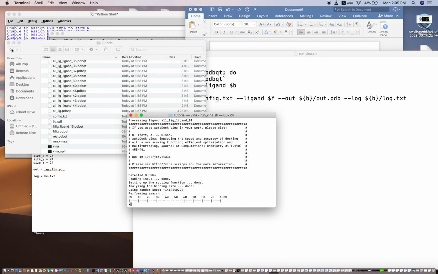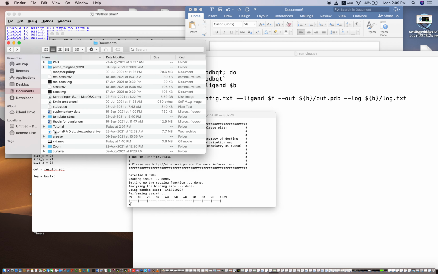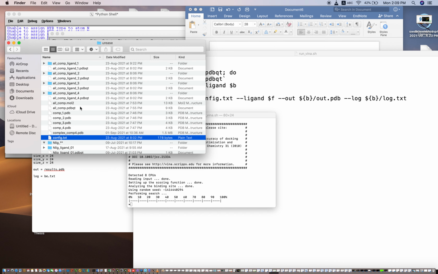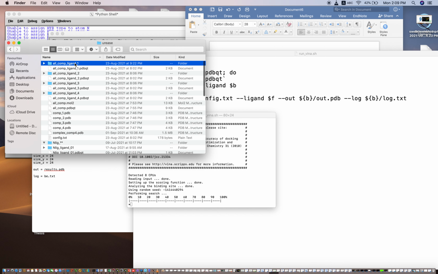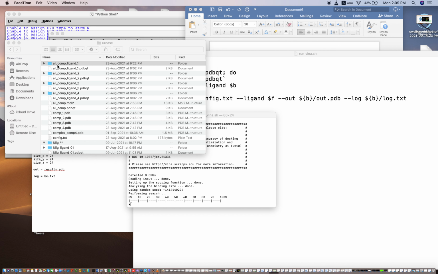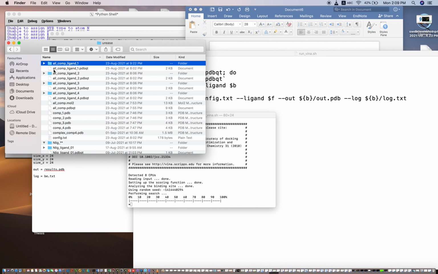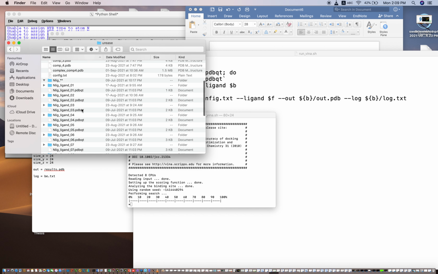I'll quickly show you how it shows the results. I have this folder urease, and you're seeing that there are compounds: all compound lig 1, all compound lig 2, ligand 2, ligand 3. Such folders will be formed over here.